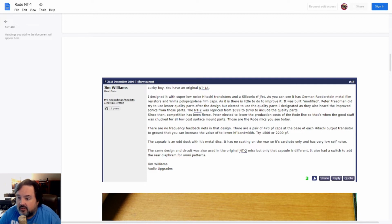Peter elected to lower the production cost of the Rode line, so that's when the good stuff was chucked for all low-cost surface-mount parts. Those are the Rode mics you see today. There are no frequency feedback nets in that design. There are a pair of 470 PF caps, and I'm sure he means